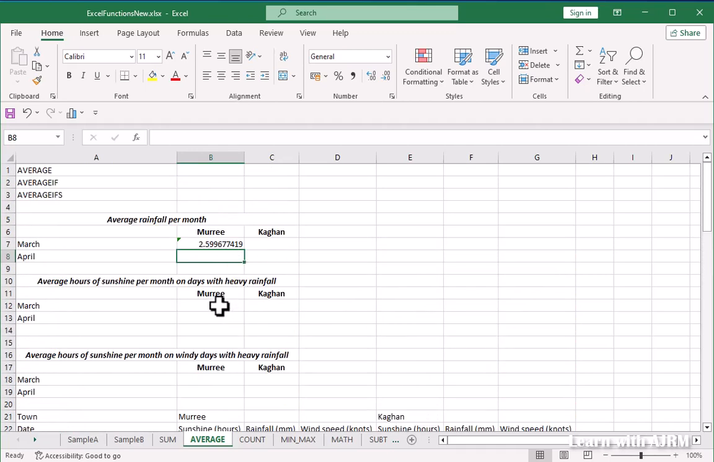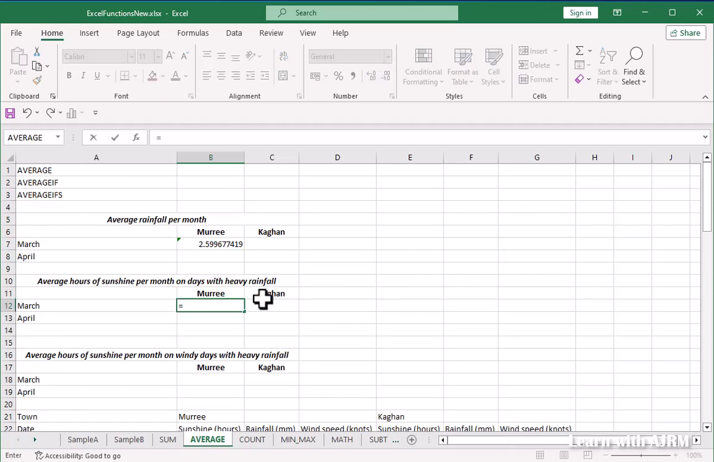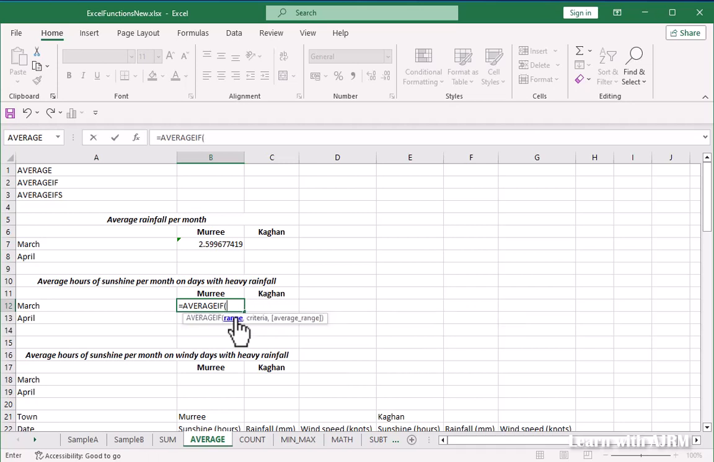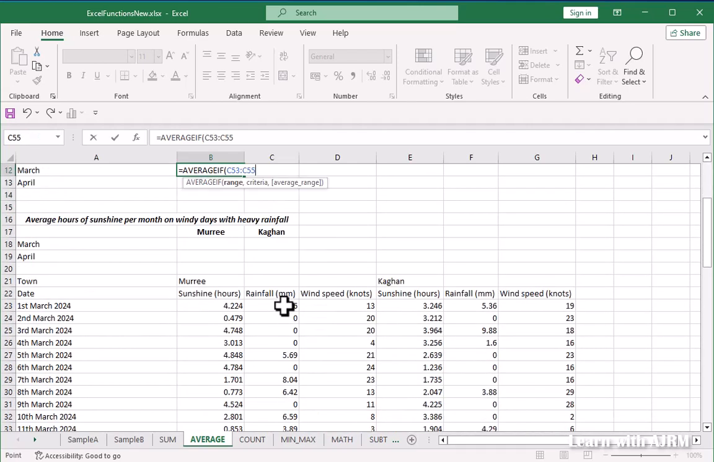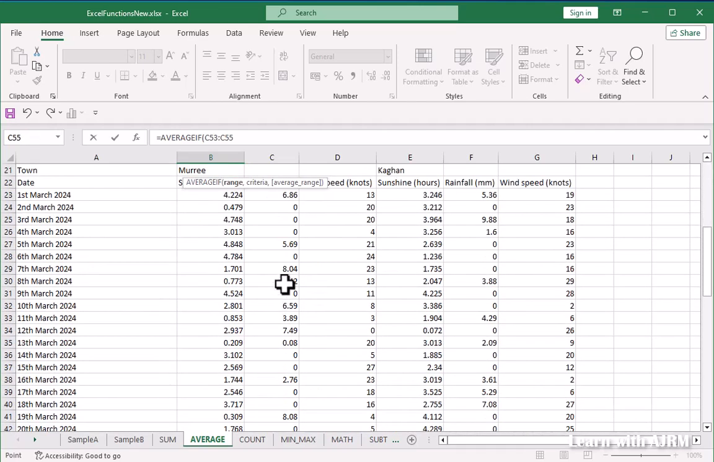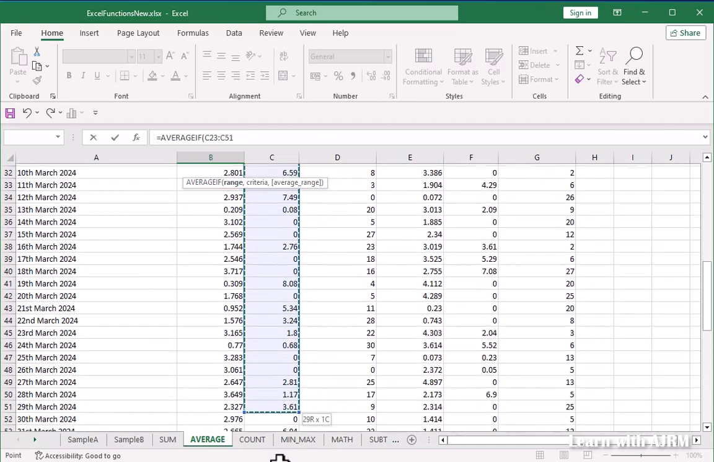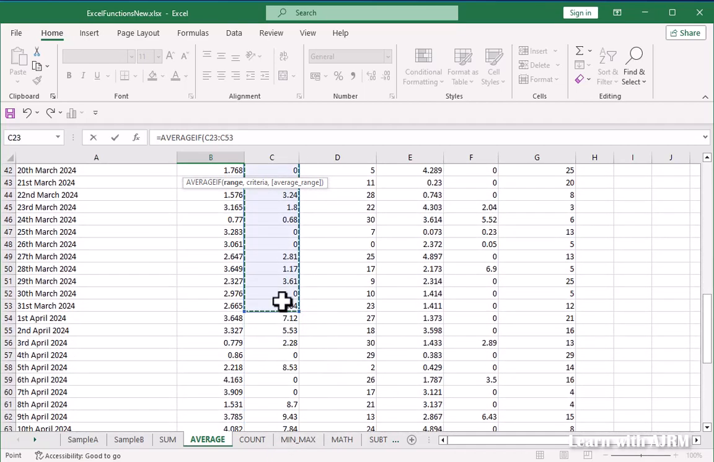So I'll start off the function with the equal to sign and then AVERAGEIF, bracket open, and again we have the same format. We specify the criteria range first, and then the criteria, and then the average range, the values which would be included for calculating the average. So we first of all select the column rainfall from C23 to C53,